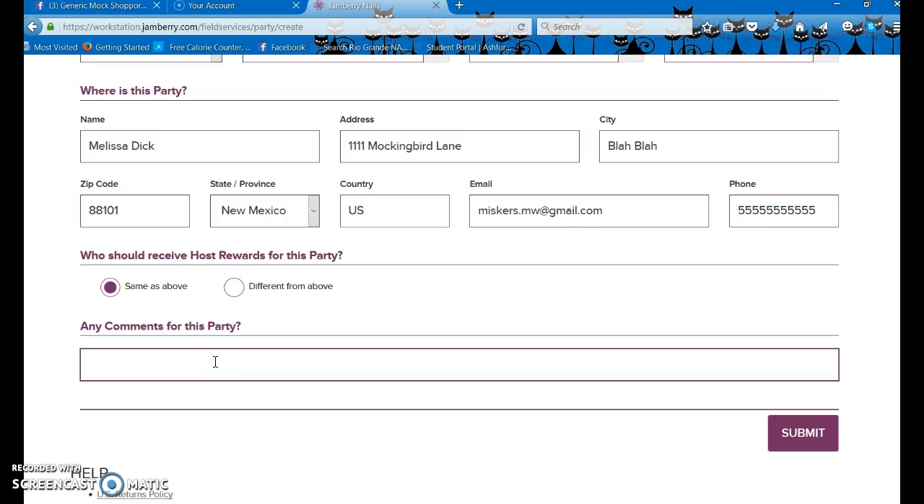This is where you would enter anything you would want to remind yourself of. This is something that only you're going to see. Very rarely have I ever used this option, but it can be useful if you need to be reminded of something. So once you have all of your information in, you can click submit,